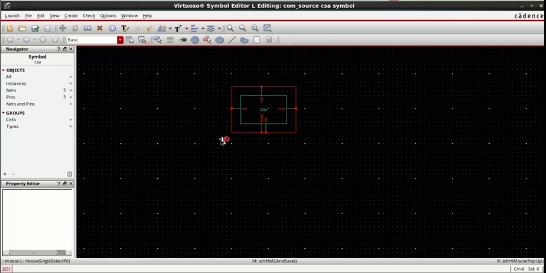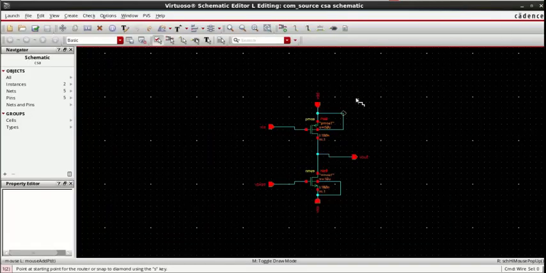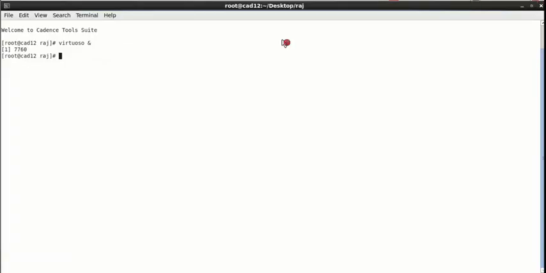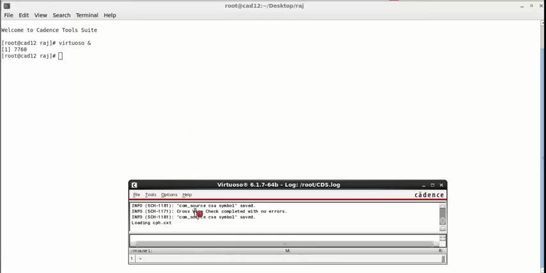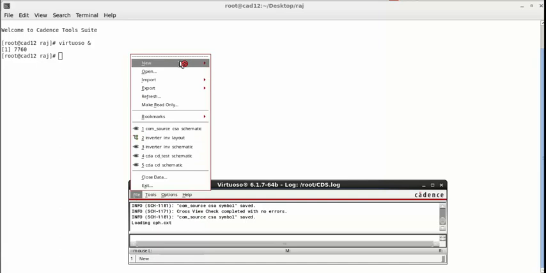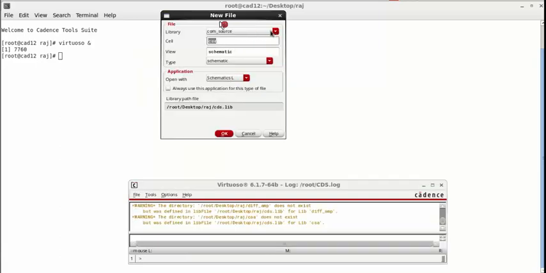Now we are going to create the test bench, so we can close this. In fact, this can also be closed. Now open the main Virtuoso window, file, new. So another cell we are going to create, in the same library, common source. This cell is already created, so to avoid overwriting, I will give a new name, CSA underscore test. This we are going to create.